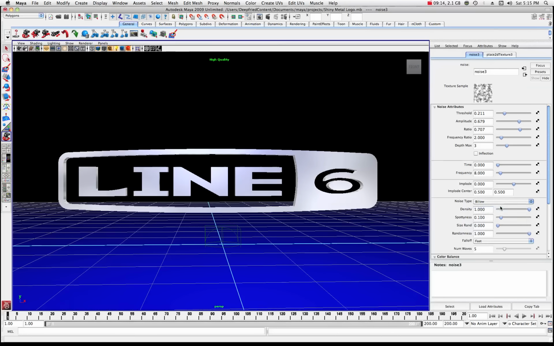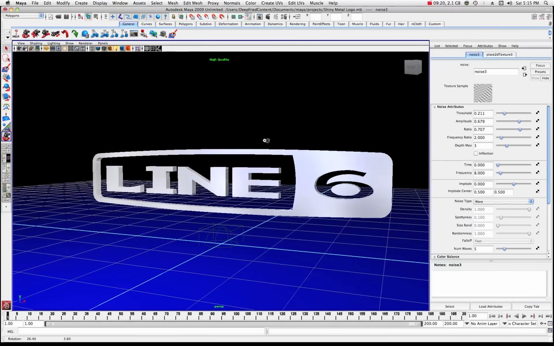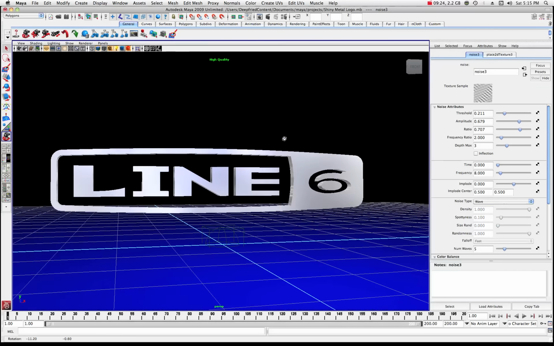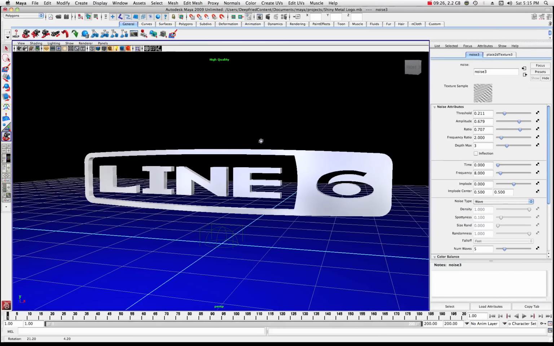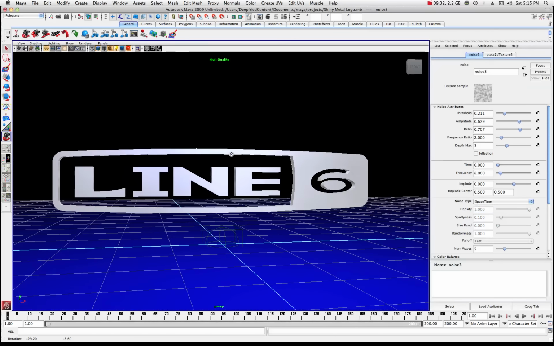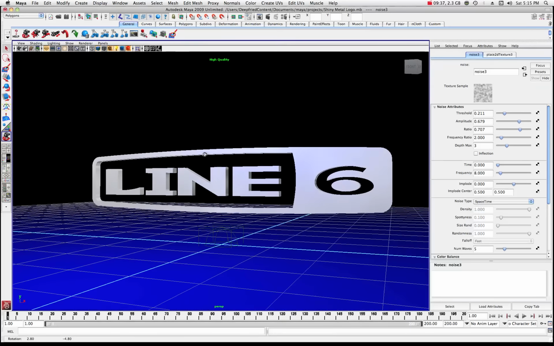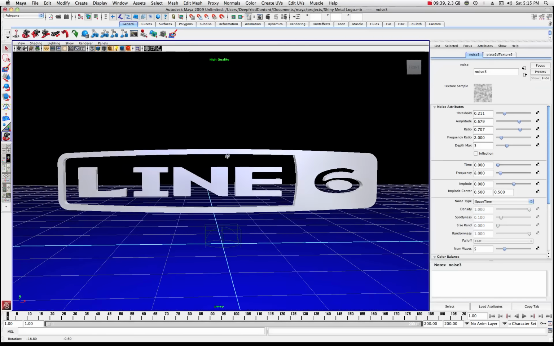You can go to a wave, and that'll switch the pattern here to a wave type noise where it may be less obtrusive. You might be going for something really subtle, so you could use a wave. You could also use a space-time. That'll switch things up a little bit. And each one of these noise textures, or noise types, will give you just a little bit different type of